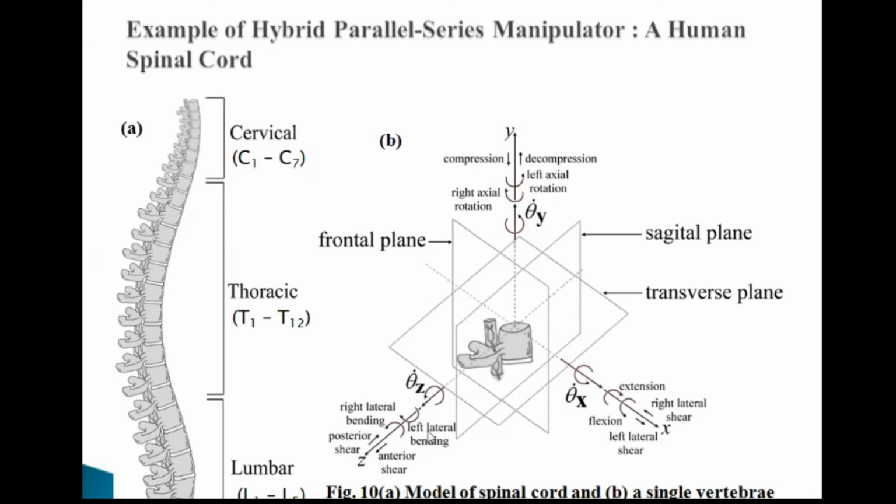And this robot will have better dexterity in comparison to existing humanoid robots. So here I can say that the spinal cord is basically classified into 5 broad categories: cervical, thoracic, lumbar, sacrum and coccyx, out of which only the first 3 I have considered here. The cervical spine, as you can see, consists of 7 vertebrae in all mammals, and the thoracic spine is of 12 vertebrae. The lumbar spine consists of 5 vertebrae.